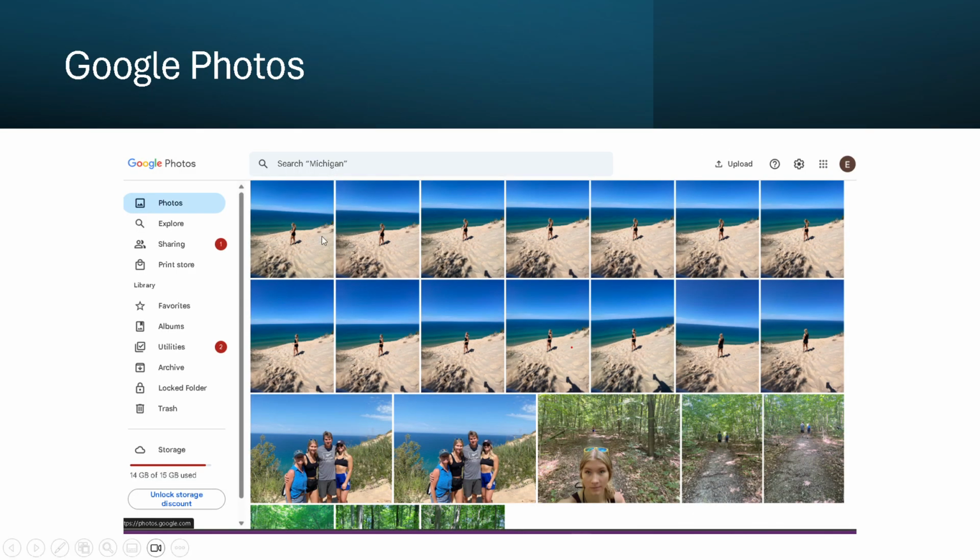And like I said, I'm using Google Photos here. And Google Photos is great. I've already utilized it a little bit. And as you can tell, it has an extra 15 gigabytes of storage that you can use for your benefit, which is really nice. Really, really nice.